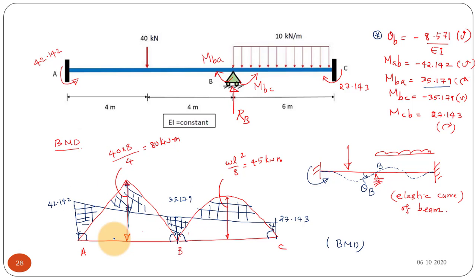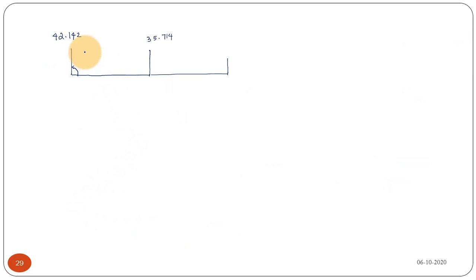So instead of this, the easiest way to draw the moment diagram is to draw the positive sagging moment and the negative hogging moment, overlap them, and omit the common part. The remaining part you can just draw with some shade. That is the final moment diagram. But if I want to draw only the net moment diagram, then you can draw it like this. In between, we are going to have a linear variation of the moment because the loading is a point load, only a concentrated load acting in span AB. So the moment diagram will be something like this.